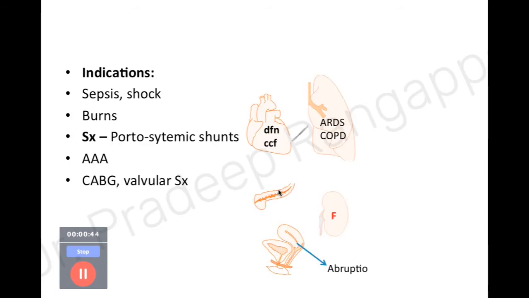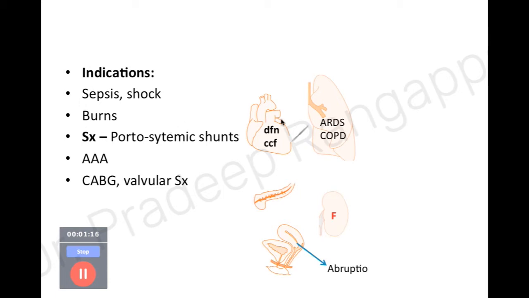So, where do we use this PA catheter? So, basically, PA catheter is an advanced hemodynamic tool which is used in very complex conditions where we need to understand the fluid dynamics and the fluid status in the body. So, the typical conditions where you have a refractory septic shock or burns where there are huge fluid shifts and we need to have some good assessment of ascertaining the fluid status and the cardiac function. So these are the situations where we were intending to use this.